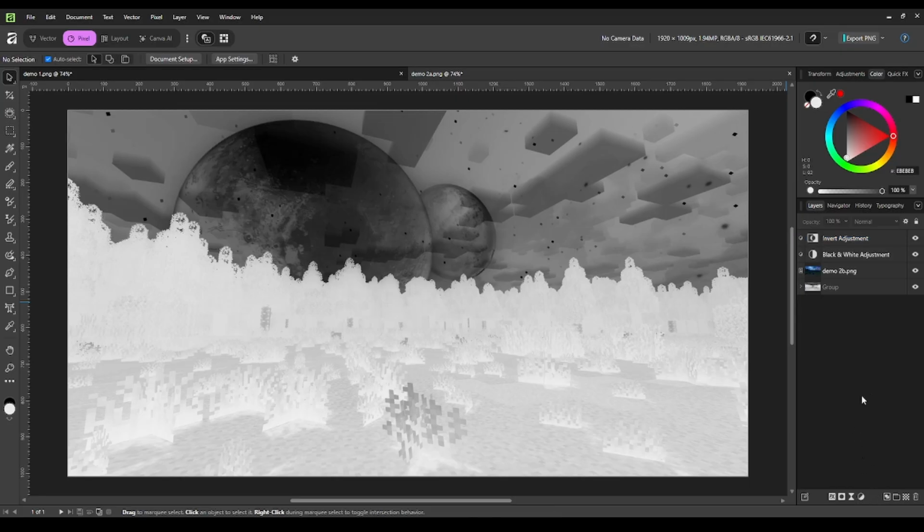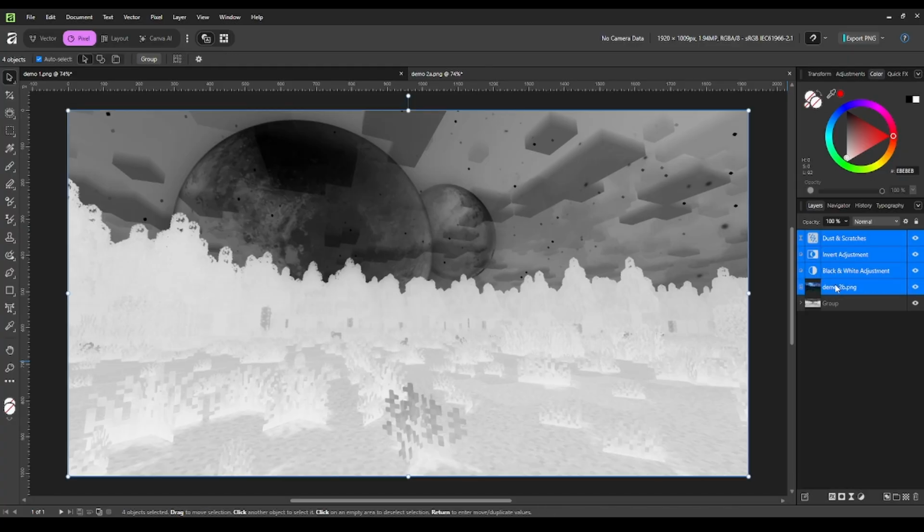So we're doing that, and then we're going to drop our... wrong category, our dust and scratches. And we're going to do it on this top photo a little bit more than we do it on the bottom photo, because our top photo at the end of the day is going to be blended into the bottom photo to achieve the effect that I want. And obviously you can do it differently if you have a reason to. So we're going to go ahead and group those, and then we're going to blend this